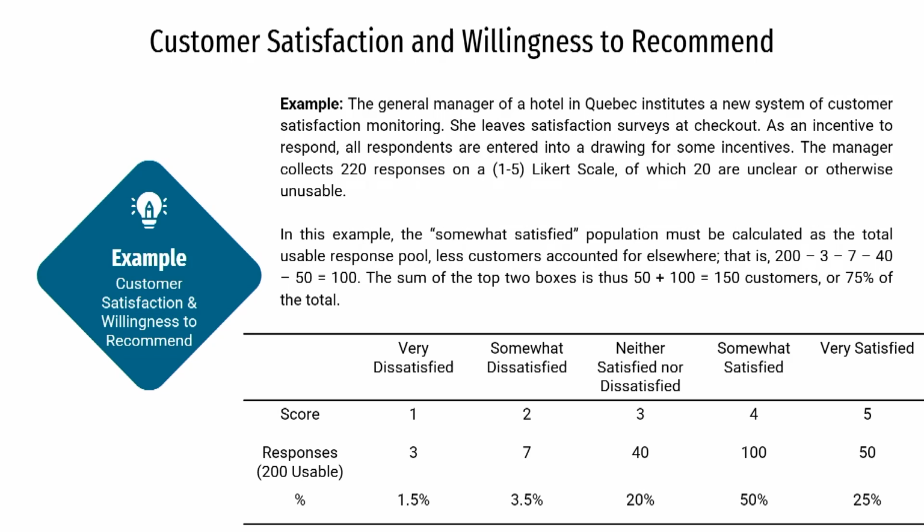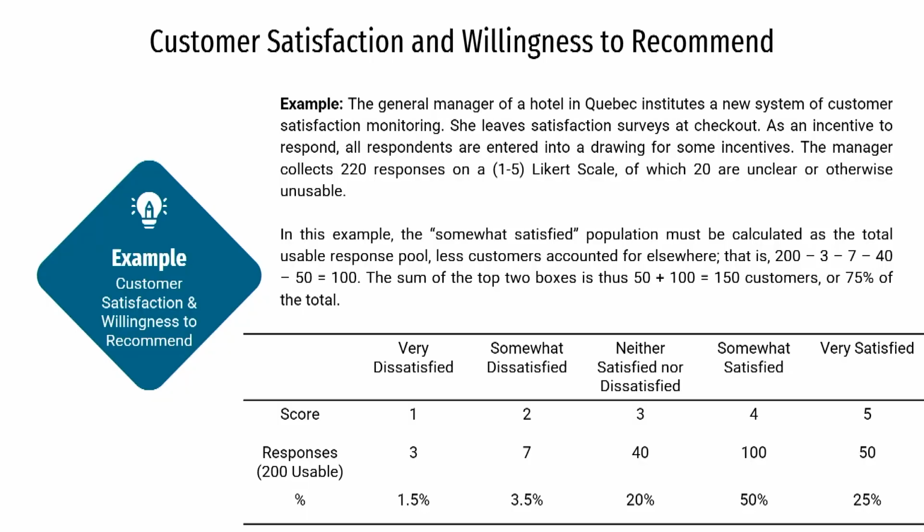So, if we look at it from a satisfaction point of view, these top two boxes are basically the satisfied customers. So, what is the satisfaction value as per this survey? It is 75%. So, 75% of our customers are satisfied. Many hotels in India like Taj Hotels used to conduct this kind of surveys in order to ensure the service quality, right. So, this is how it is done.